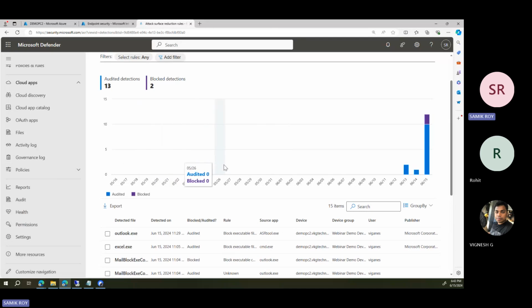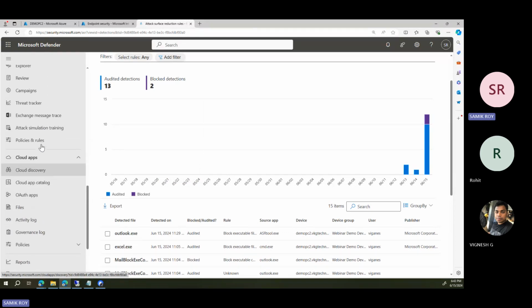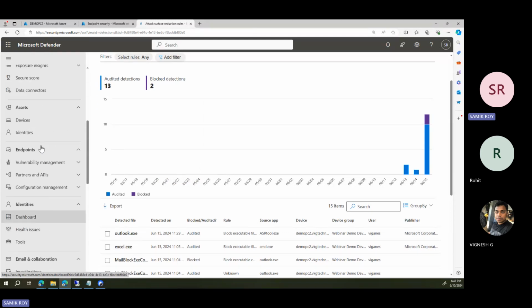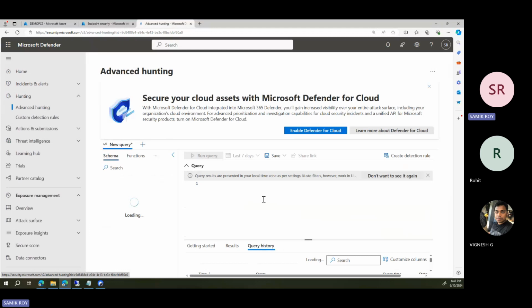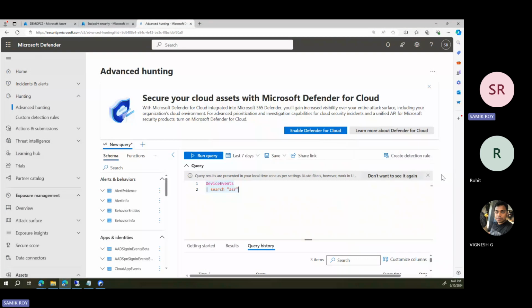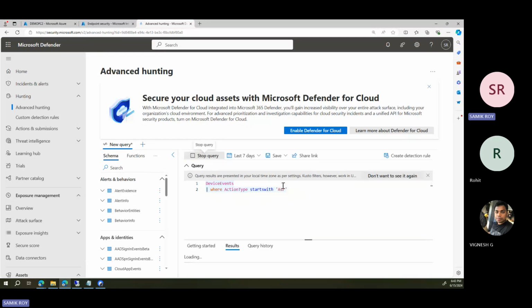Now, this is available with clicks and buttons and things like that. But if you really want to go deeper and do some sort of threat hunting, in that case, you can also go to advanced hunting. And if you have all these things run, what happens is that Defender's blocking or creating events goes under a device event table. So what I would do is, let me try to get you another query, which is called DeviceEvents where ActionType starts with ASR, and let me run this. Once I run this,